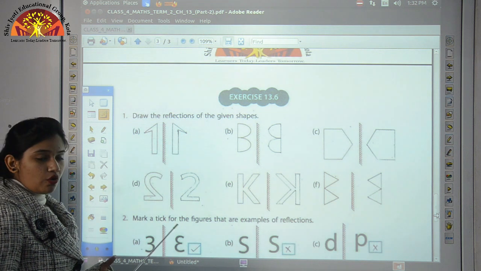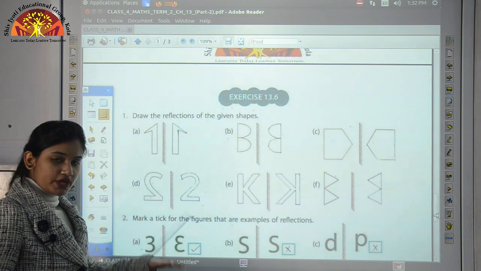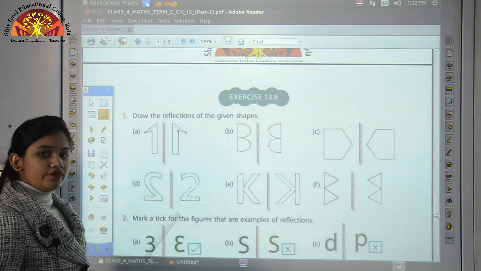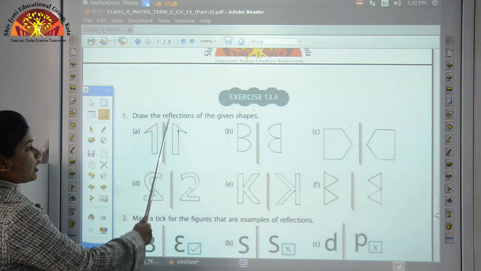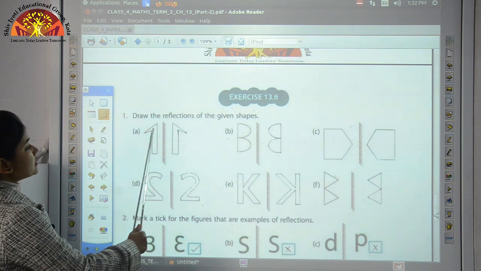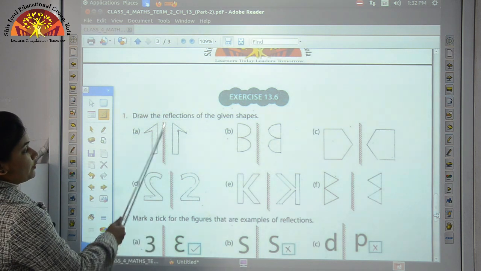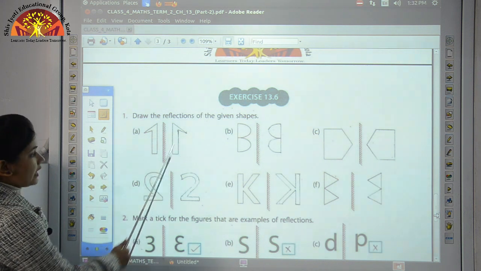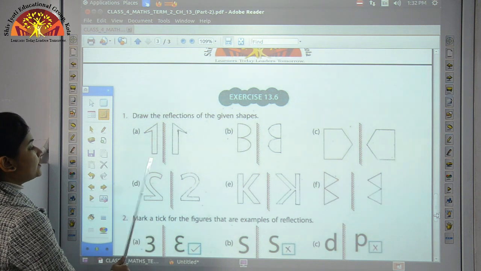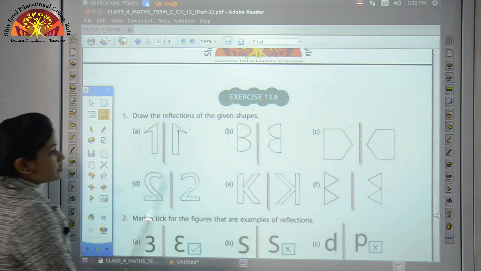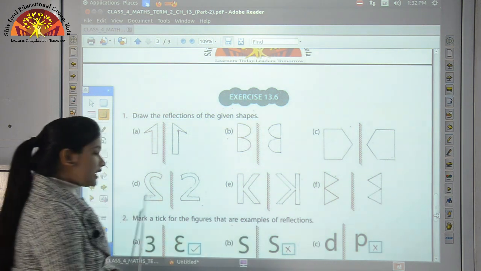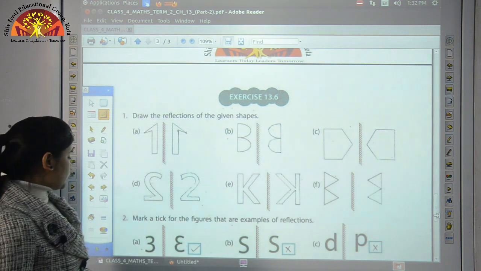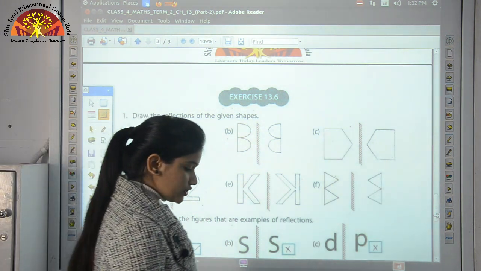So reflections में क्या होगा, जो left side है वो right side बन जाएगा और जो right side है वो left side बन जाएगा. But size will always be equal. इसका size क्या होगा, बिल्कुल equal होगा. Now this side will be this side. It means left side will be right side. Is it clear? And this is the reflection image of this given image. Is it clear students? So now here some figures are given and you have to draw the reflections of these figures. Now we'll see the next question, that is question number 2.